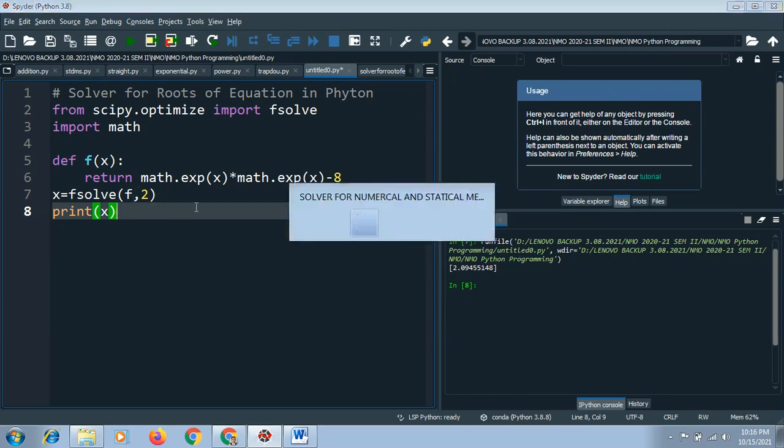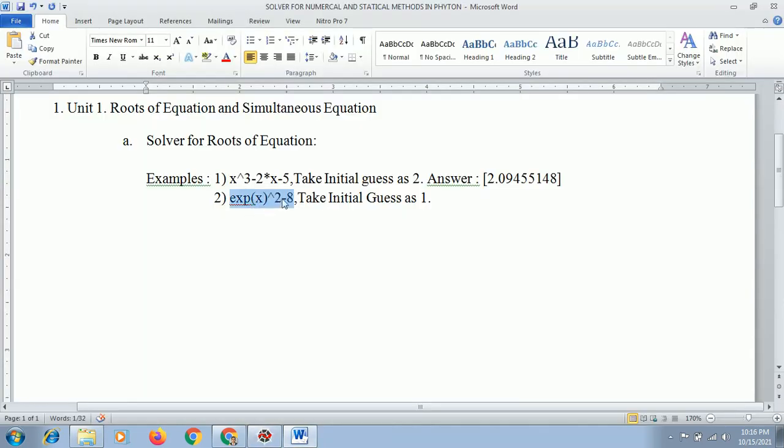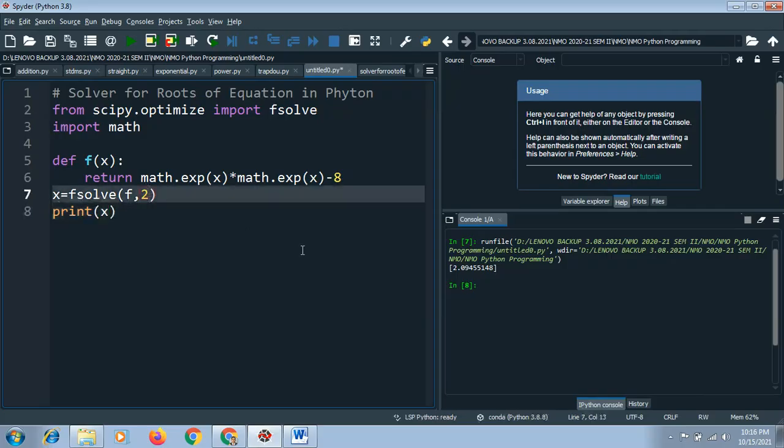This is my second example, and here I am going to take the initial guess as 1. So instead of 2, I edit it to 1. f represents this function.